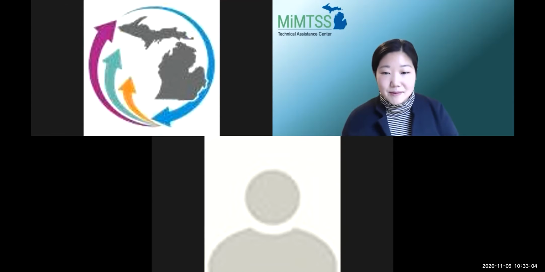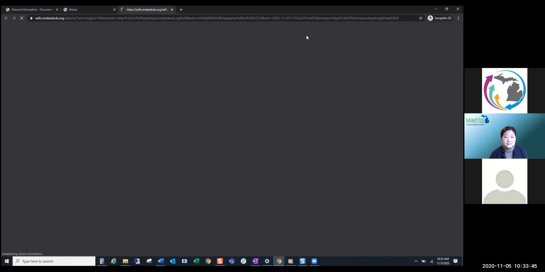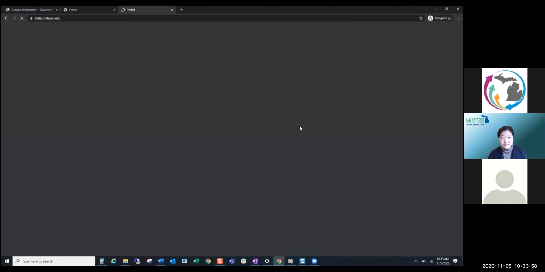All right, so I'm going to turn things back to Kevin to show you what things look like when you go in to sign in the Data Hub cockpit. Thanks, Anna. Once you're past that step and you're ready to sign the agreement, the first thing we'll recommend is to go to the www.mydatahub.org website. From there, we have a login screen that will take you to this login here. I'm going to enter my credentials, which should be your username and your password, and click the sign in button.